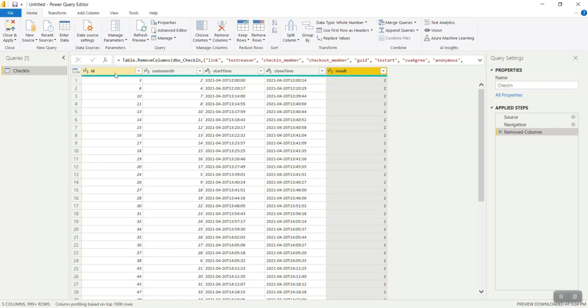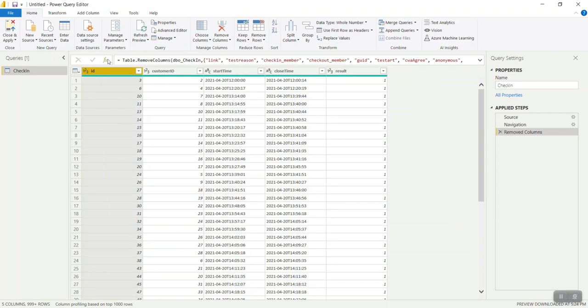Now I will be looking at the data types that Power BI has already created. For ID it's a number, so it's fine. The customer ID is also fine, but the start time is given as text, which should be converted to a number. So I will do that.